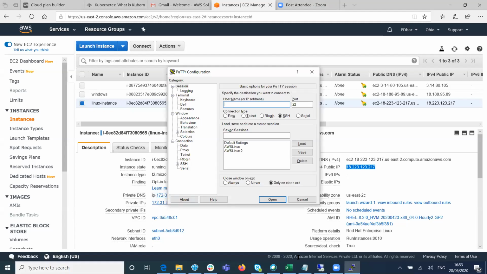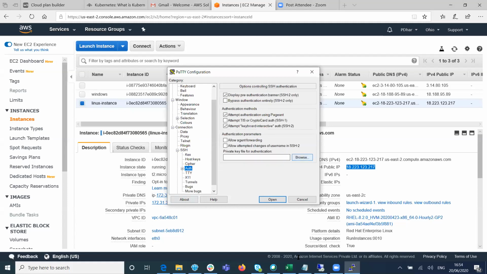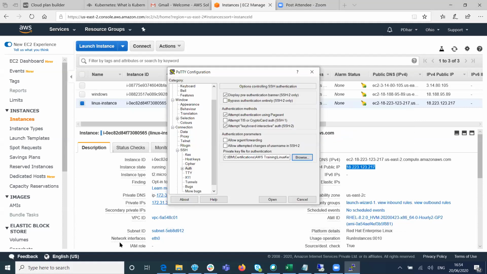No, the PEM file is not the right PEM file for this server. You have to change that PK. And this is the Ubuntu instance. That is RHEL, the one which you are associating it. Try opening that. Yeah, it's okay. We'll see. We don't know what is the key. With one of the keys, it should open.